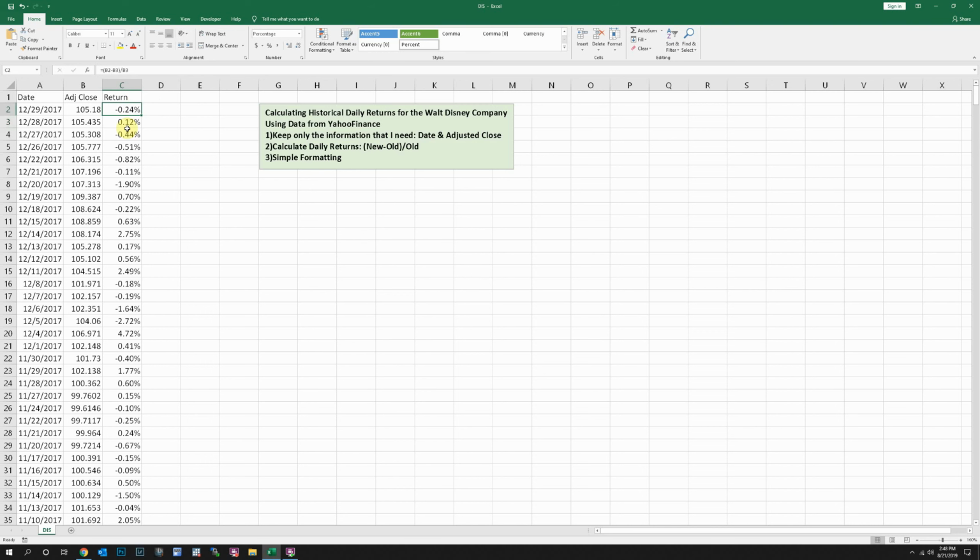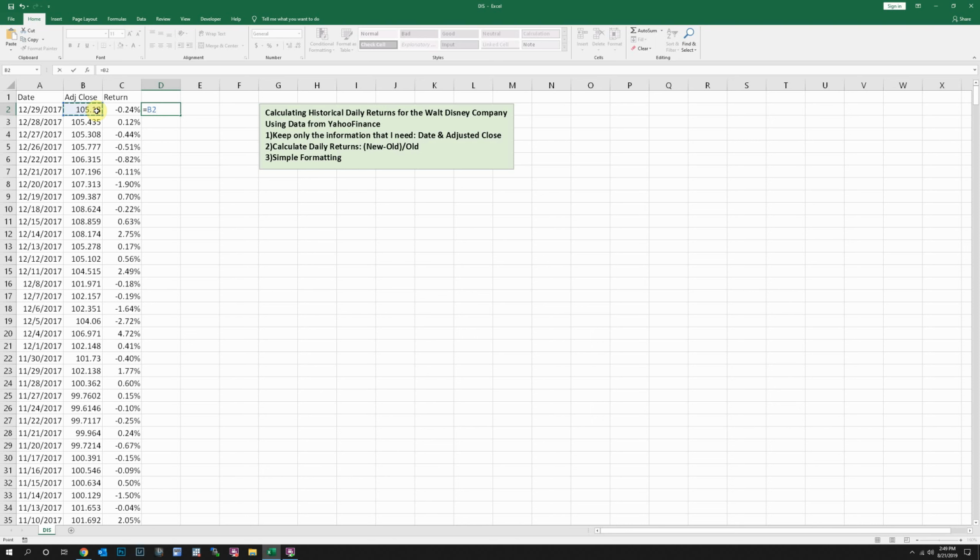The last thing I want to point out, if you're only trying to get the daily returns, I think you're pretty good at this point. You might want to add some titles, make sure you know it's the Disney company, but those are going to be our daily returns. The last thing I want to touch on is potential errors that you could have. The most common error that I would see is if you did, for this first daily return,